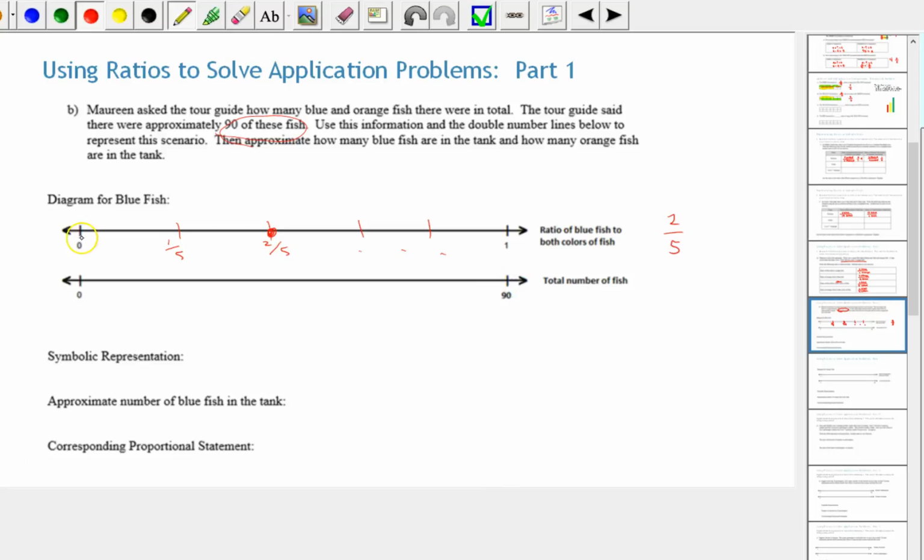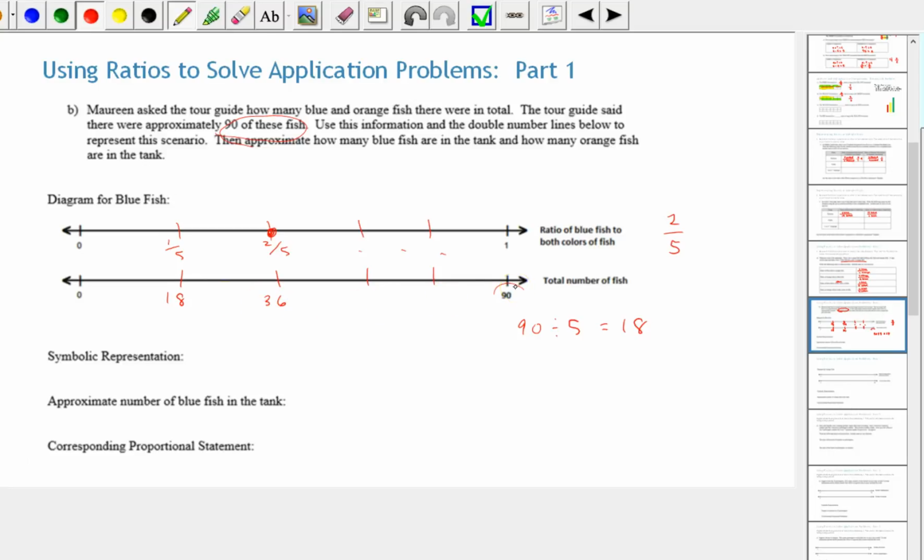So just like we cut from 0 to 1 in 5 equal pieces, and then we took 2 copies of it, we want to do the same thing with the total number of fish, which is 90. So we'll take the 90, divide it by 5, and that's 18. So we'll make the 5 corresponding tick marks, and each copy of 1/5 is 18. So now 1/5 would be 18. Now we have 2 copies, 36,